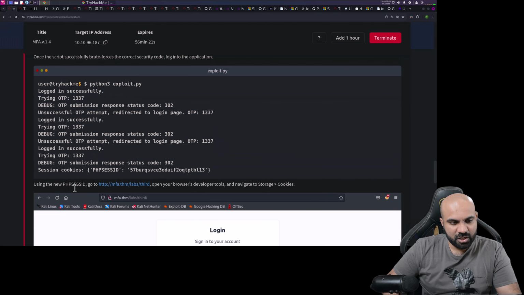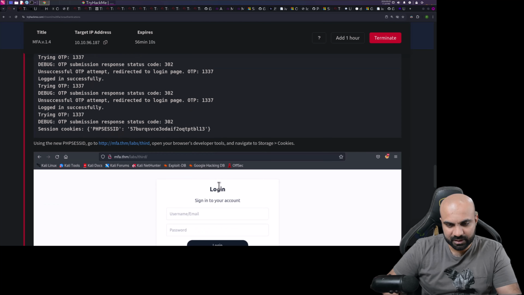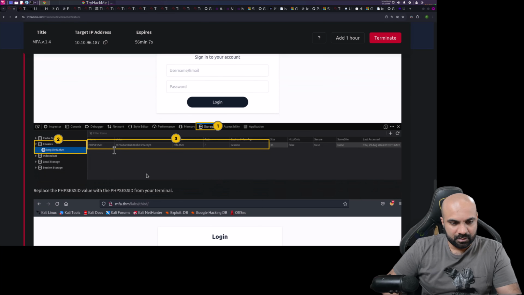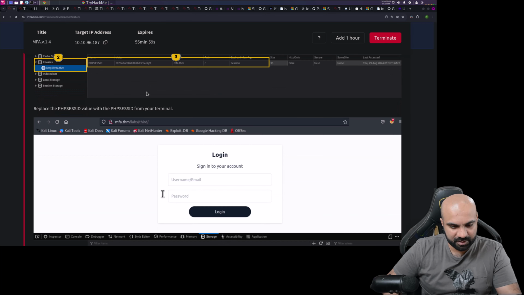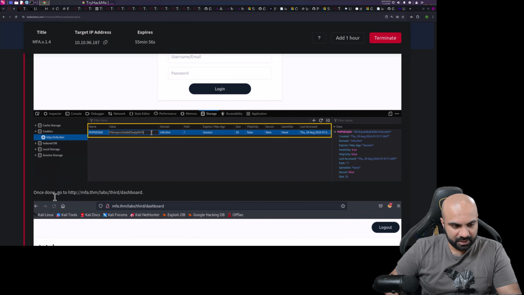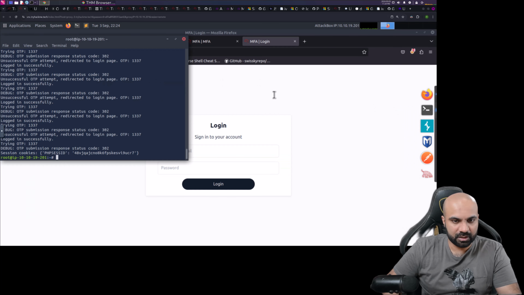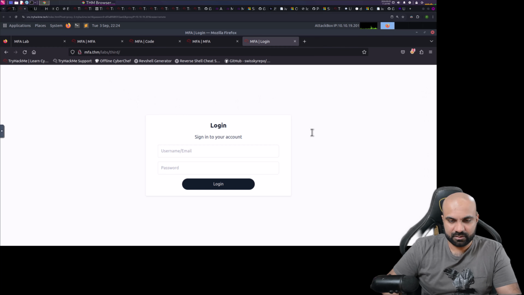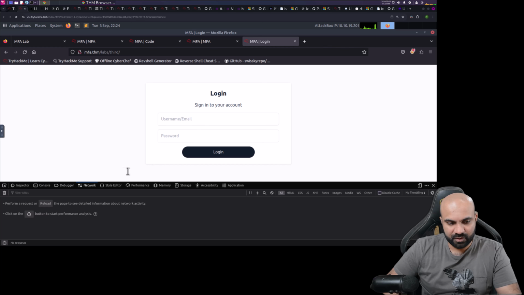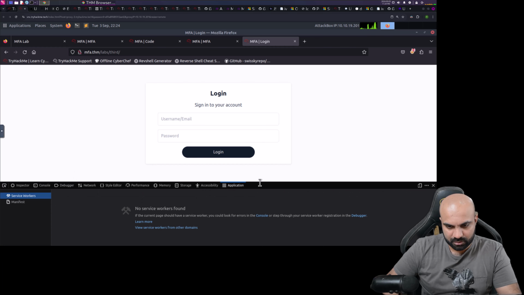Okay, using the new PHPSESSID: go to the third, open your browser developer tools and navigate to storage and cookies. Then we're going to create a PHPSESSID and put the information here, replacing the value with the session ID from your terminal. Once we do that, go to the same URL again and we will be logged in. So this is the third one, right? Okay, so I'm pressing F12 and going to the application,